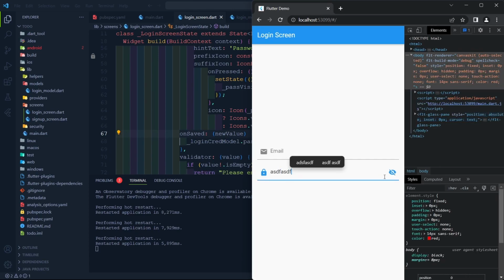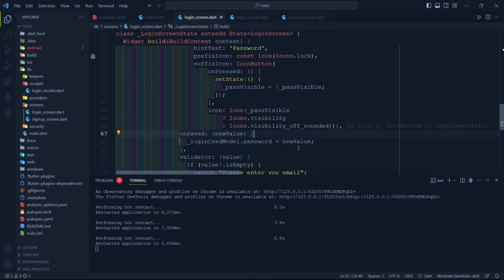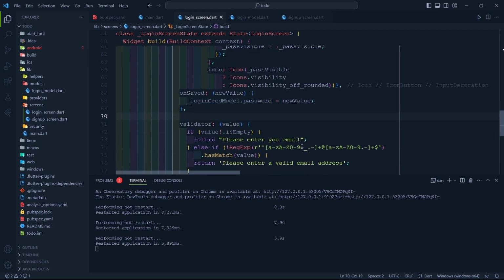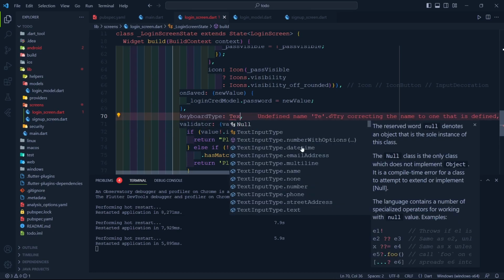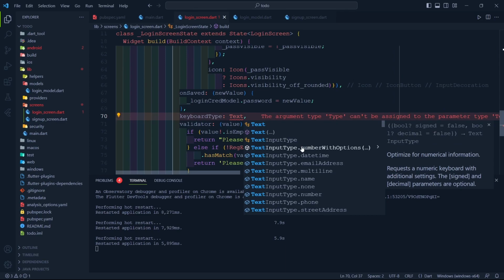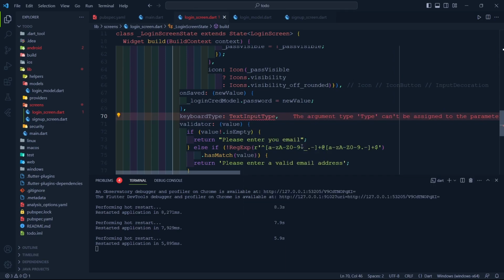Okay, here you can see the password is visible. You are able to see your password, and not able to see your password. This is what I'm going to implement. I just implemented the screen, and only this thing you will be able to add. And input type dot